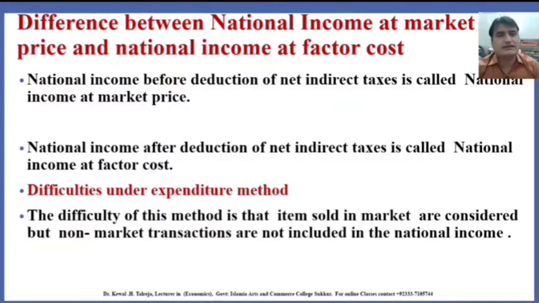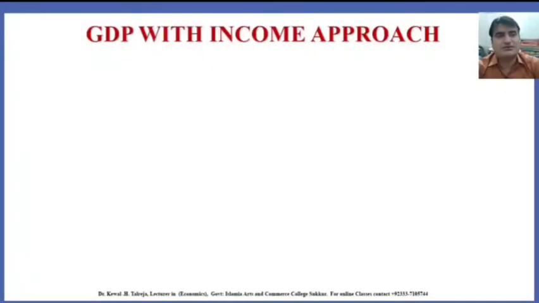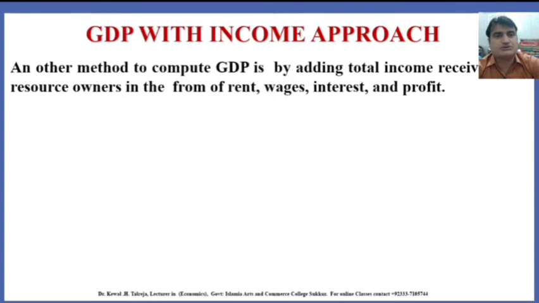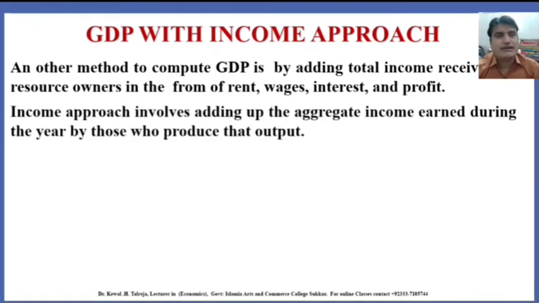So the difficulty of this method is that items sold in the market are considered, but non-market transactions are not included in national income. The second method to compute the GDP is the income approach. Another method to compute GDP is by adding the total income received by resource owners in the form of rent, wages, interest and profit. The income approach involves adding up the aggregate income earned during the year by those who produce that